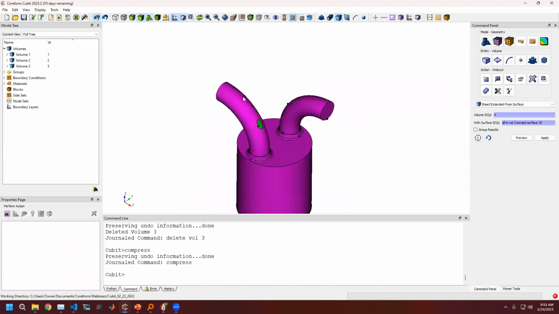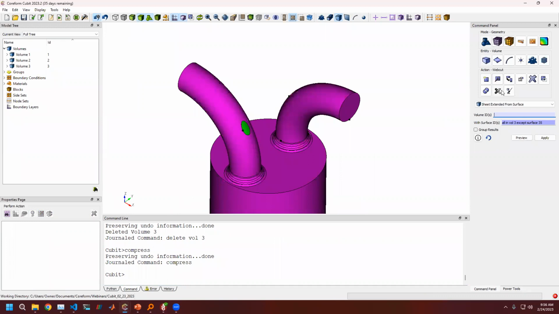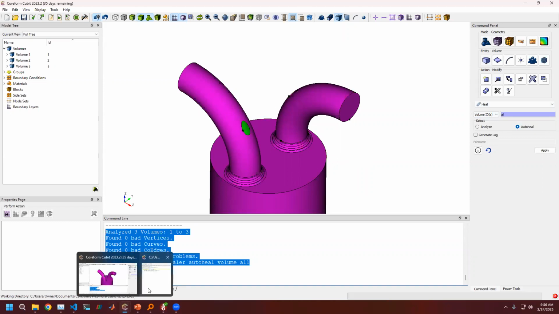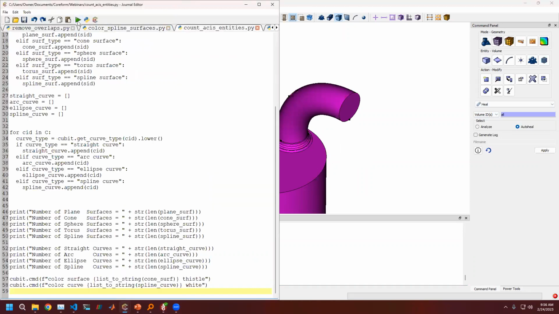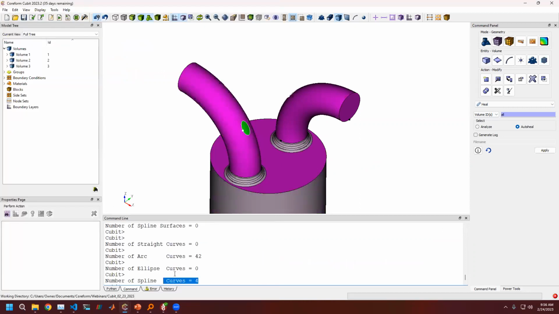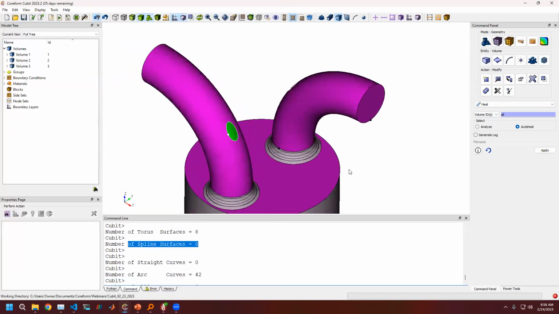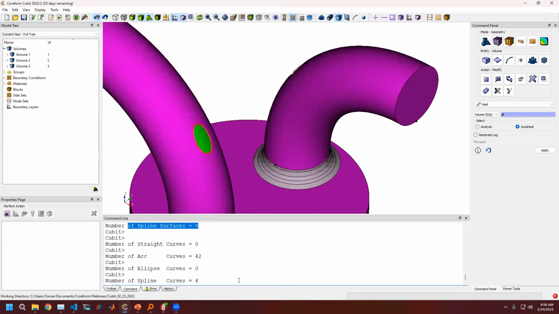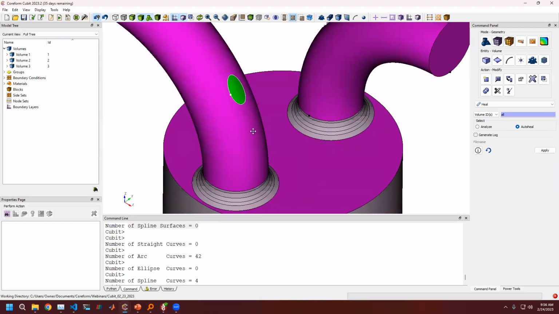So after all of that, we now go to our little heal tool just to see, do we have any kind of dirty geometry at all in our model? Because everything is now analytic surfaces as much as possible, let's double check how many we have. We only have 4 spline curves and no spline surfaces. And those are just the limits of those spline curves. So again, I'm going to have to watch out for these spline curves potentially, these that I've colored white here. We'll have to watch out for them, but